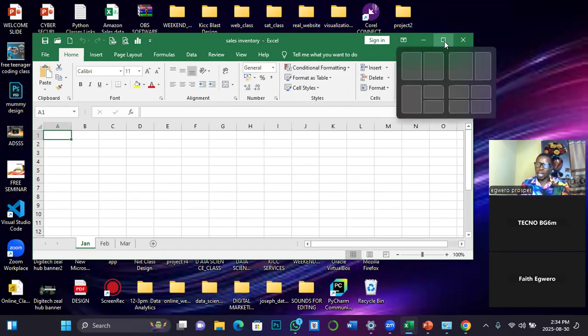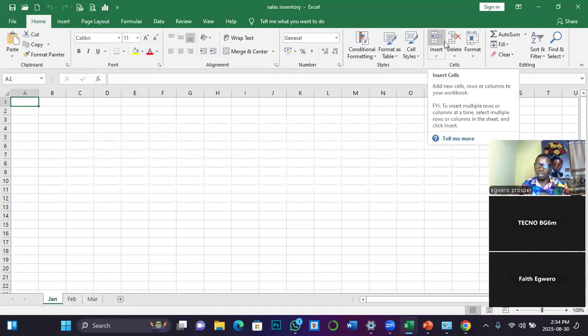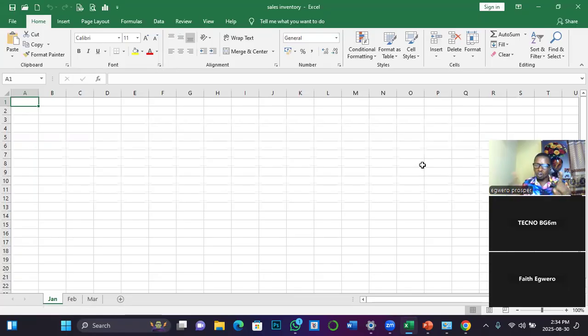Okay, so if I want a single app window to cover the entire screen, then I'll go back to that same place. This time around, it has switched to what? Maximize. So maximize means what? To allow a single application window to cover the entire screen interface. Now, of course, before you click on that option, you must have saved your document or your data. If you have not saved, you shouldn't click on this.